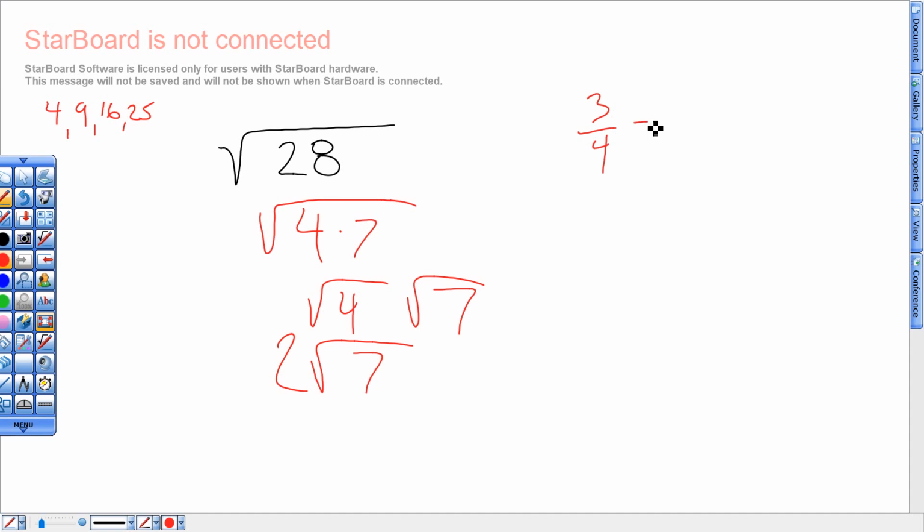3/4 divided by 2/3. Let's throw a fraction at it. If you have 3/4 and you're dividing it by this fraction, do you remember what to do with that second fraction? Good. Multiplying by the reciprocal, girl. Good job. Straight across. Good job. Good job. If I gave you this one right here,